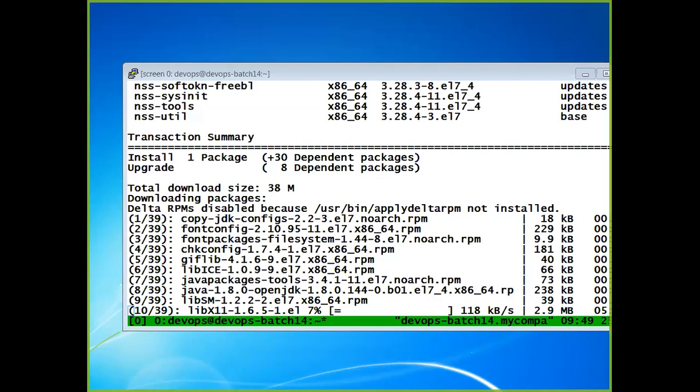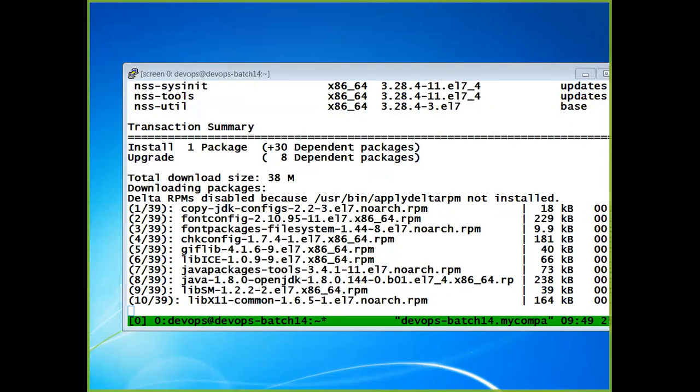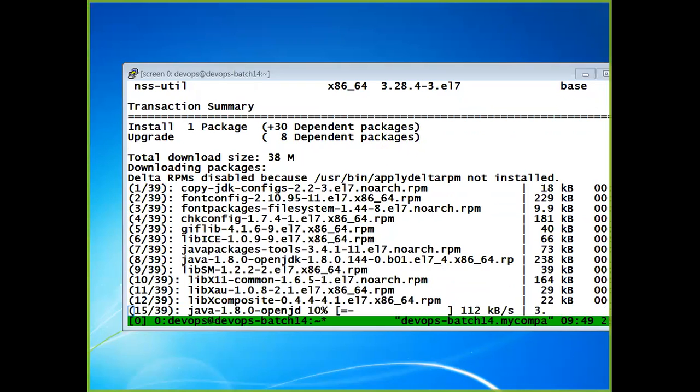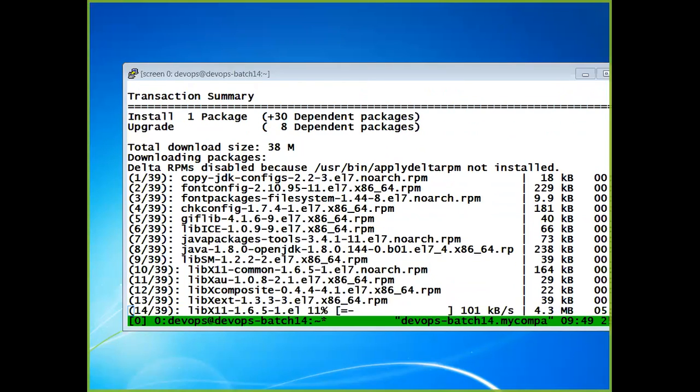We will not go with a parallel process. We will wait for this to complete. Till then, any questions, any other things that you want to bring up? You can utilize this time in a better way.